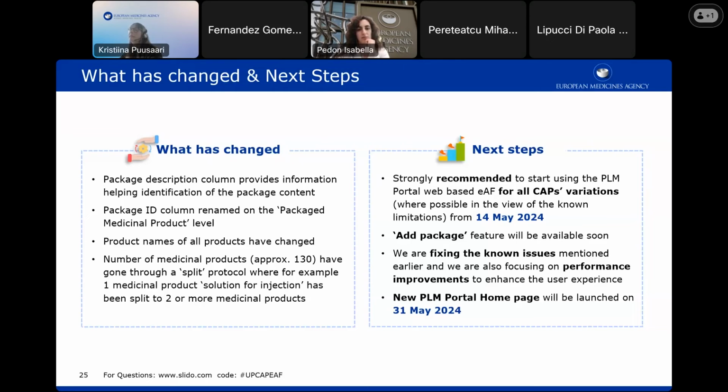And these known issues that I've listed here, we are of course fixing them as quickly as we can, but we're also very much focusing on performance improvements to enhance the user experience. This is one of our main focuses for this quarter, and hopefully we will see improved performance in